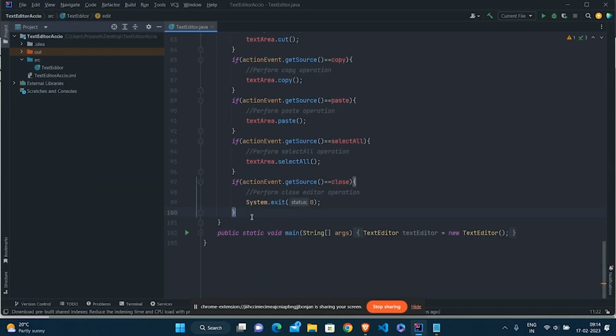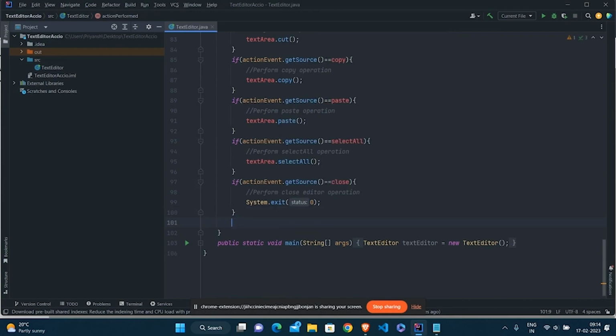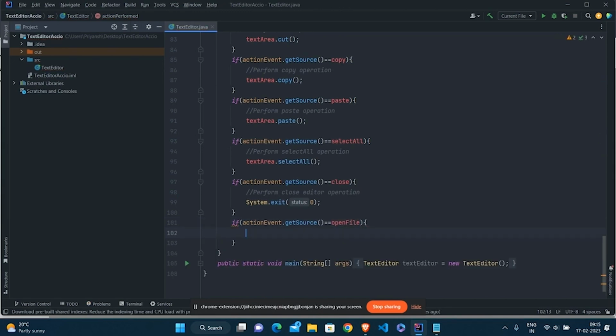Now what I need to do: if actionEvent.getSource() is equal to openFile. When I click on open file, I need to open a file chooser. That is the first step.